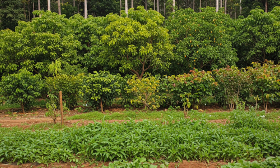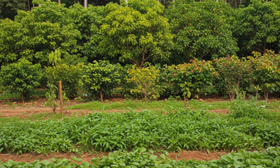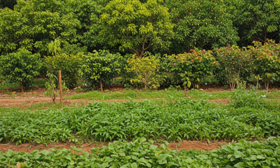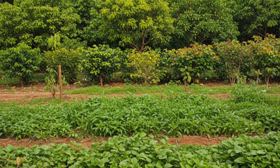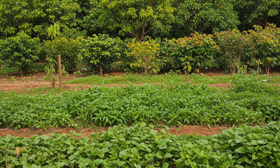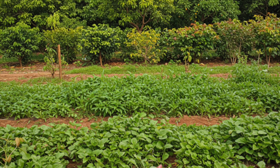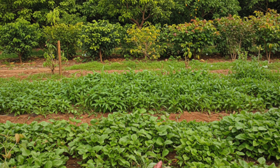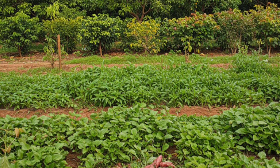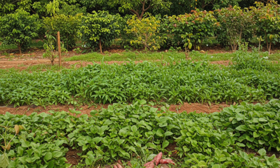So to wrap things up, remember that stratification is about maximizing space and resources by mimicking natural ecosystems. By carefully selecting plants and managing their interactions, you can create a highly productive and resilient agroforestry system. I encourage you to observe the natural stratification around you and start applying these principles to your own farm or garden. And in our next episode, we'll be exploring another exciting aspect of agroforestry,